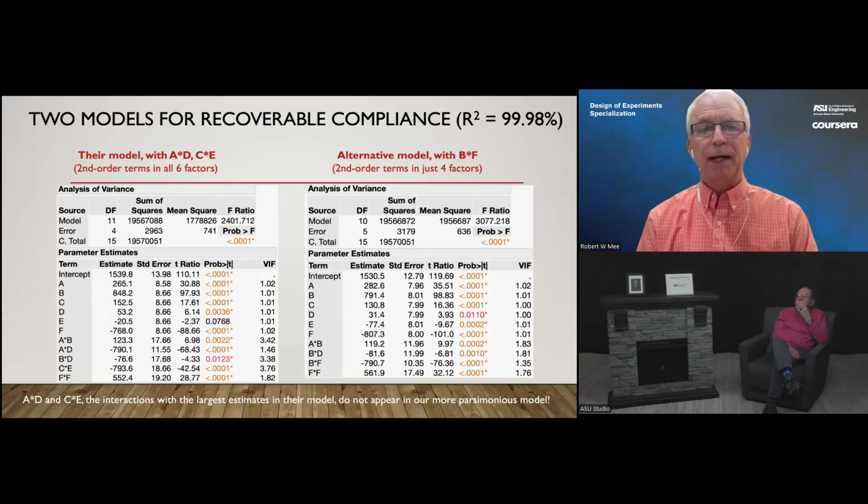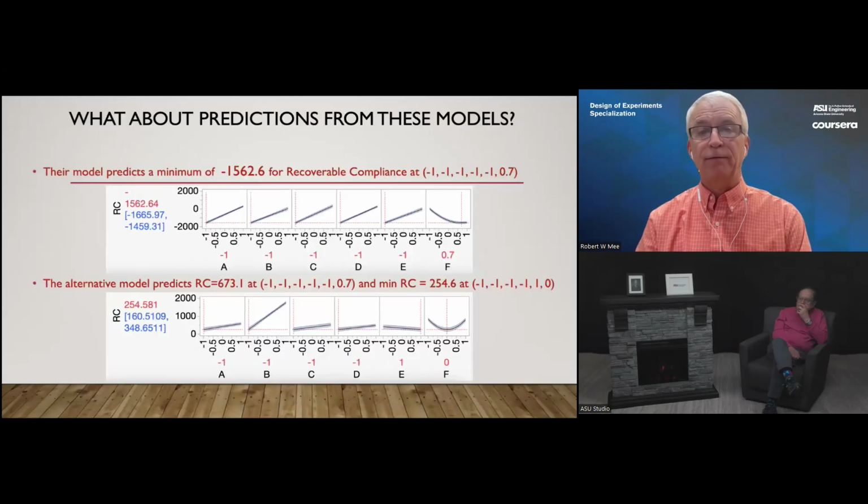So my point here is that the authors have overfit this model. There are alternative models that seem to do just as well. Even simpler alternative models that seem to do just as well. But what about predictions from those 2 models? On the top is the model of the authors, and I've used JMP's